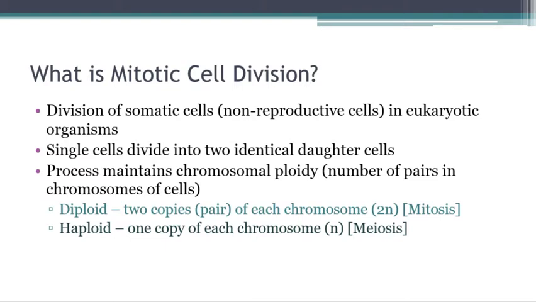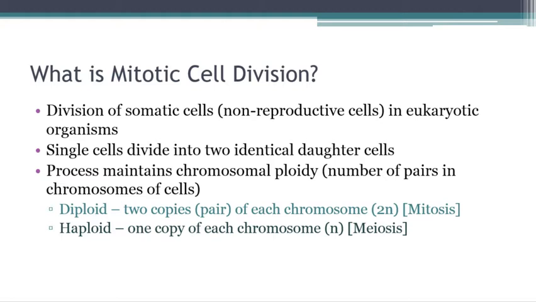So the process is really important in terms of chromosomes. And I've got here maintains chromosomal ploidy. Well, what that means is that if you start with 46 chromosomes, you have to have 46 in the end, okay? And so you want to maintain, because remember, ploidy is the number of chromosomes that you have, or sets of chromosomes. So we talked a little bit about diploid versus haploid, but I want to really make sure you understand that. The haploid cells are the gametes, the egg and the sperm. And we call the number of chromosomes that each one has N, right? And so they're N chromosomes.